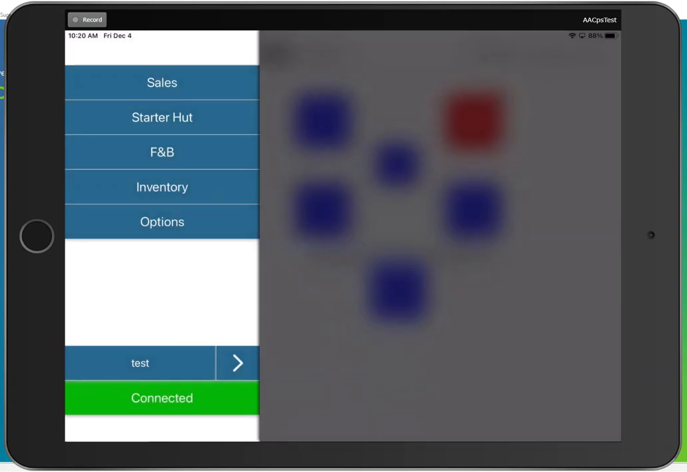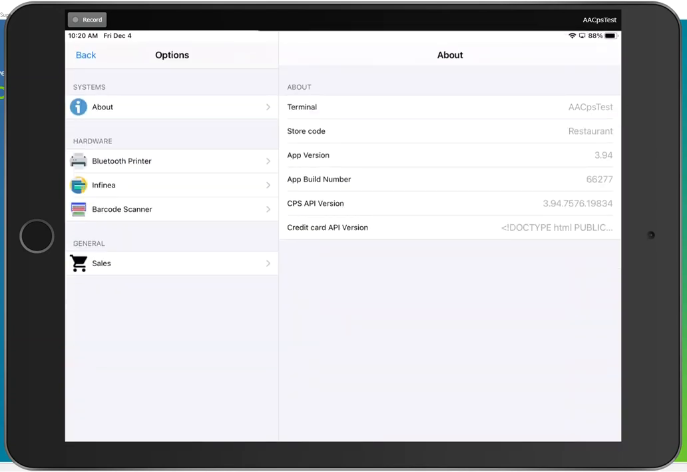Since we're in this screen, a few other things that you might need to know. The options button right above your name here is going to have some information that if you ever call into support, they might ask you. We're going to have our terminal name, the store codes it's attached to, the version that you're running for CPS Air, and the credit card version as well. Your Bluetooth bar printer can be represented here as well if you have a Bluetooth printer that you carry around, possibly for the beverage cart. We got our barcode scanner and our swipe here as well. If we go back,